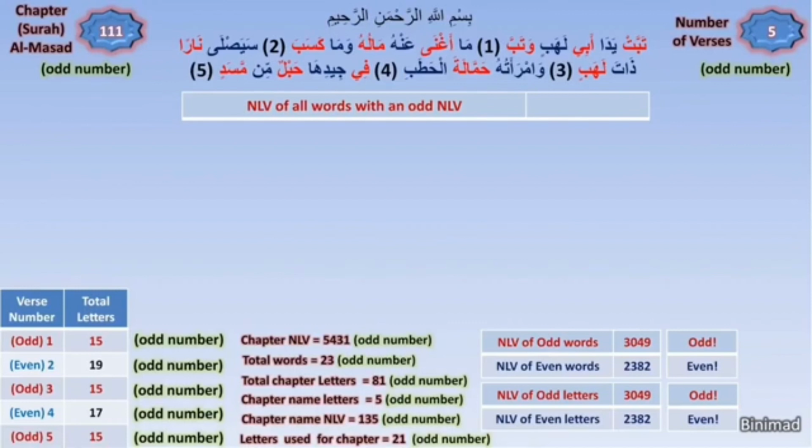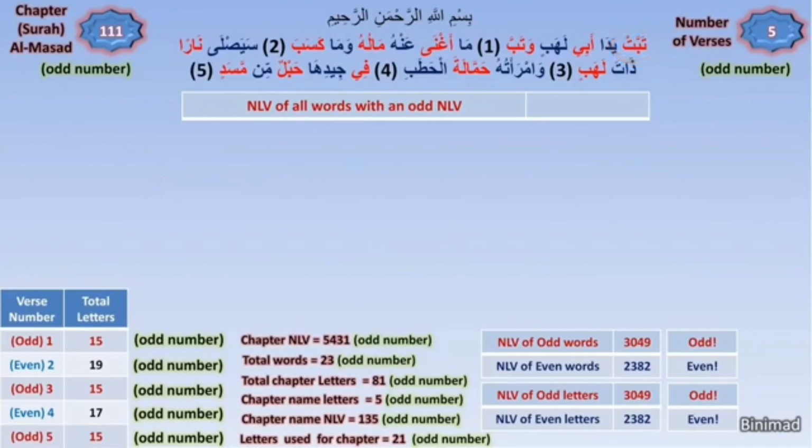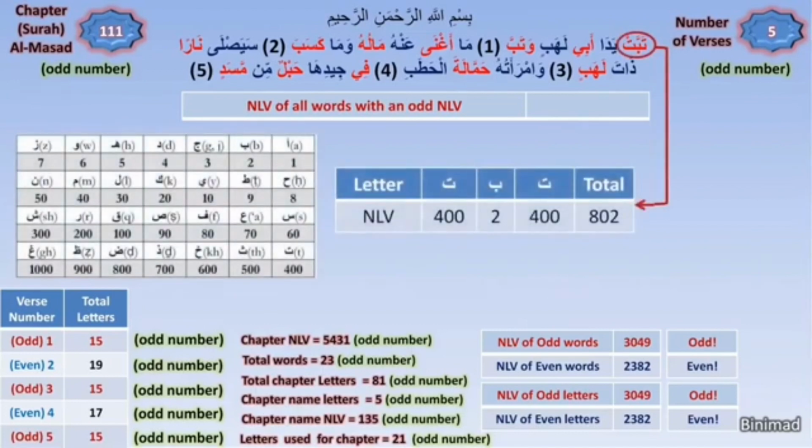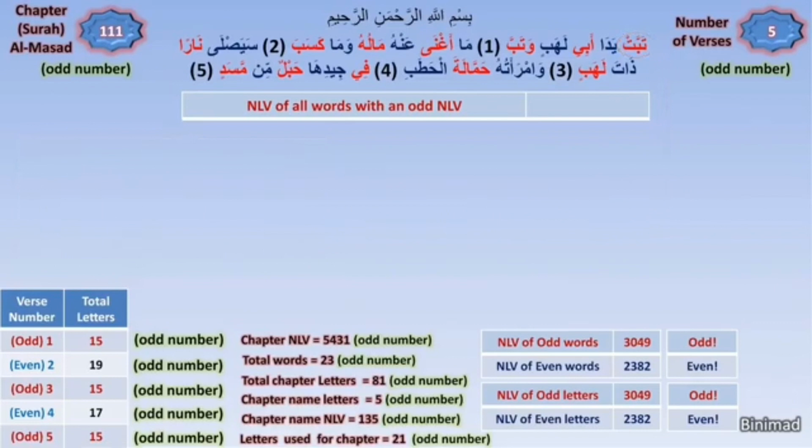For example, the first word's order is, of course, number 1, which is an odd number. But if we are instead categorizing based on numerical letter values, as we are now, we see that it has a numerical letter value of 802, which is an even number. So based on this method, we take all words with a numerical value that is an odd number and find that their total numerical letter value is